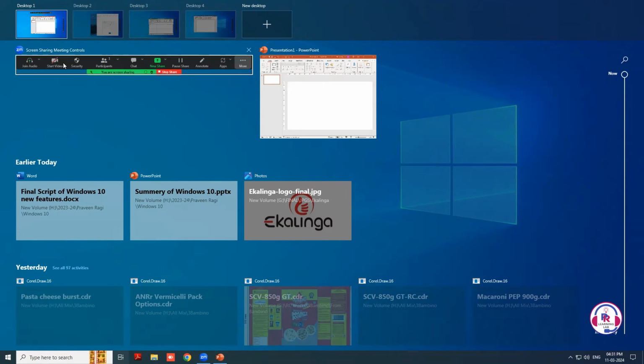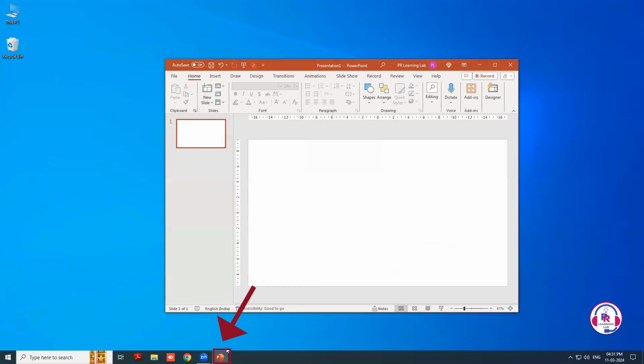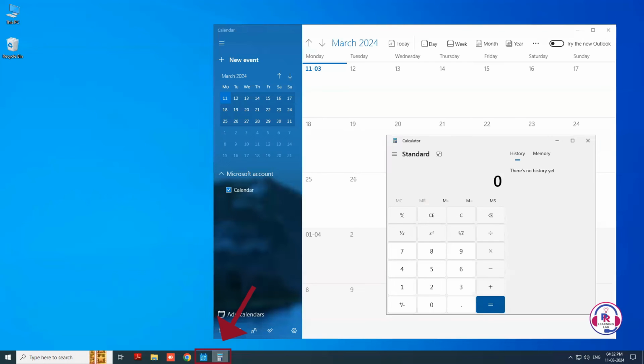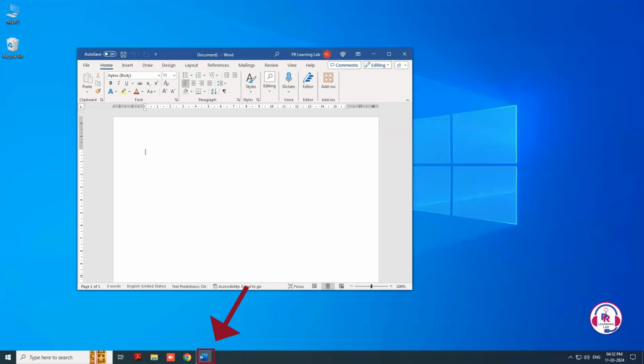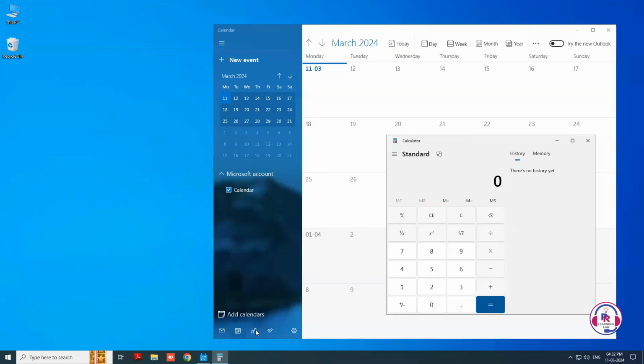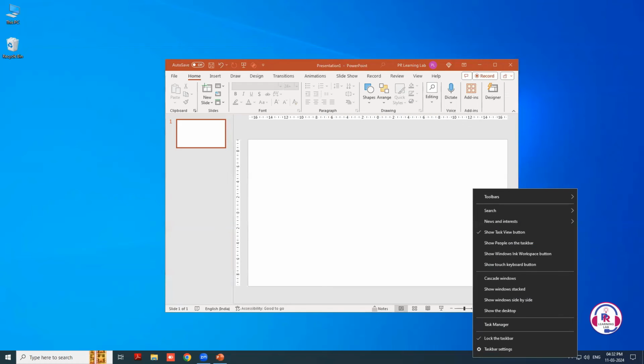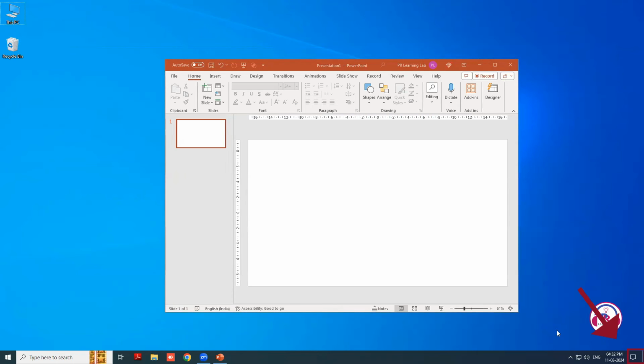When you open a virtual desktop in Windows, only the default applications appear on the taskbar of that virtual desktop. The taskbar of the new virtual desktop only displays essential system icons and any default applications pinned to the taskbar. While only default applications are shown on the taskbar by default, users can customize their taskbar settings to display additional icons if desired. This customization can be done through the Windows Settings app or by right-clicking on the taskbar and selecting Taskbar Settings. Go to the taskbar at the bottom of your screen, then the System Tray on the right side corner.